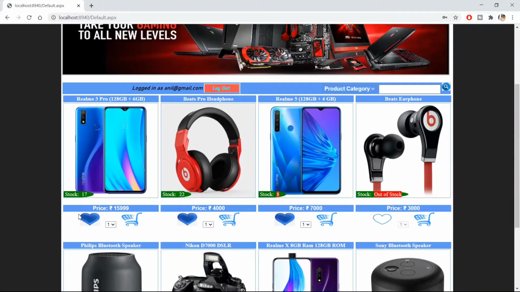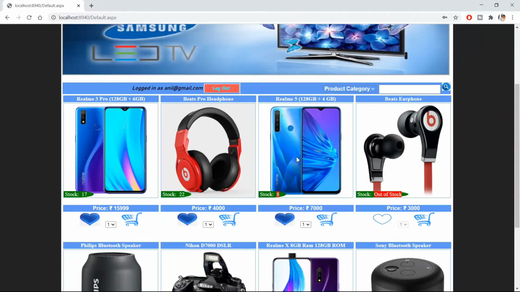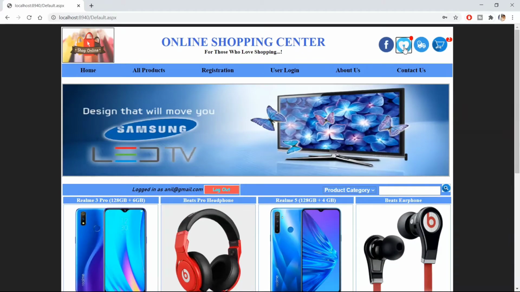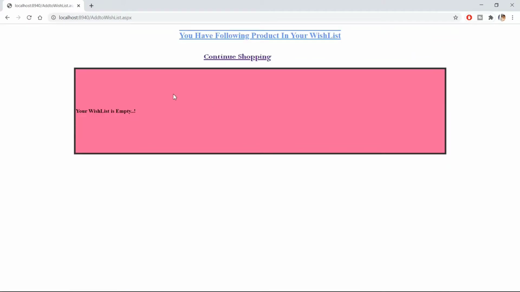You can see the first three products are present, but in the wishlist, is there any product? No. That means when the user logs out, the wishlist product or item is not present in our wishlist cart.